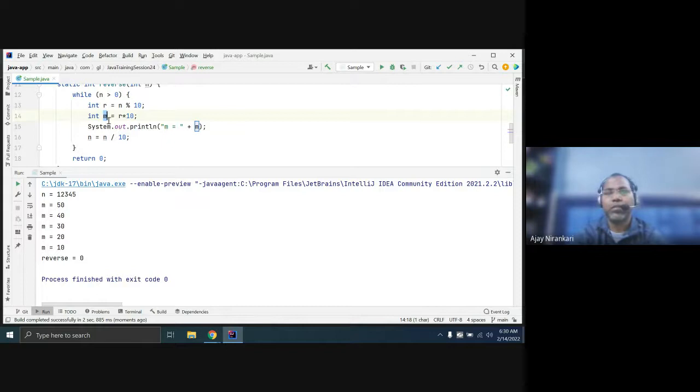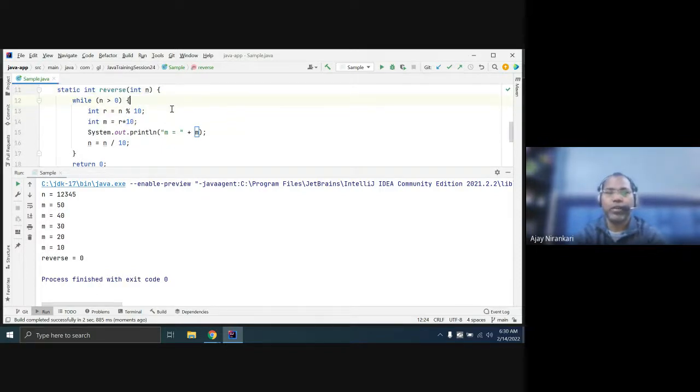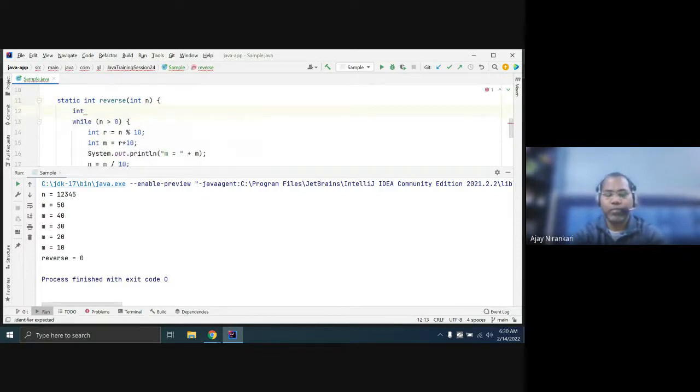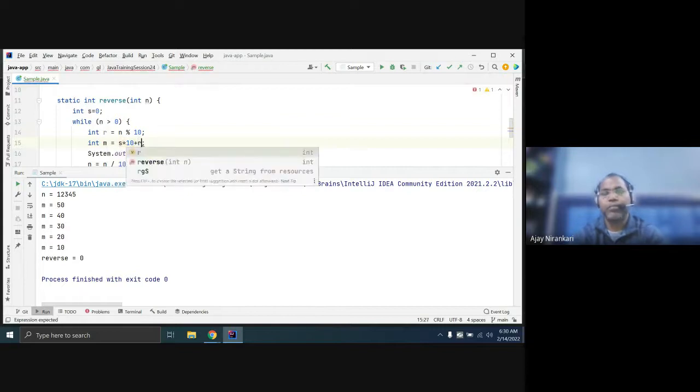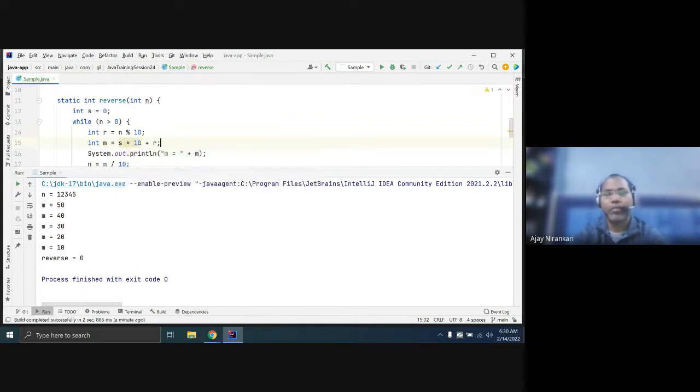So let us write, like if you take one variable like sum, initially take as a 0, and whatever the value you get, whatever the s, just multiply s and plus your r number, whatever remainder.